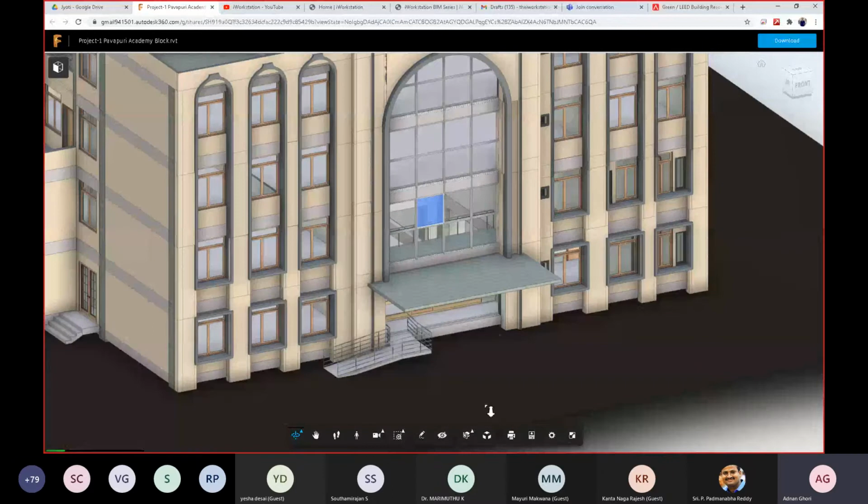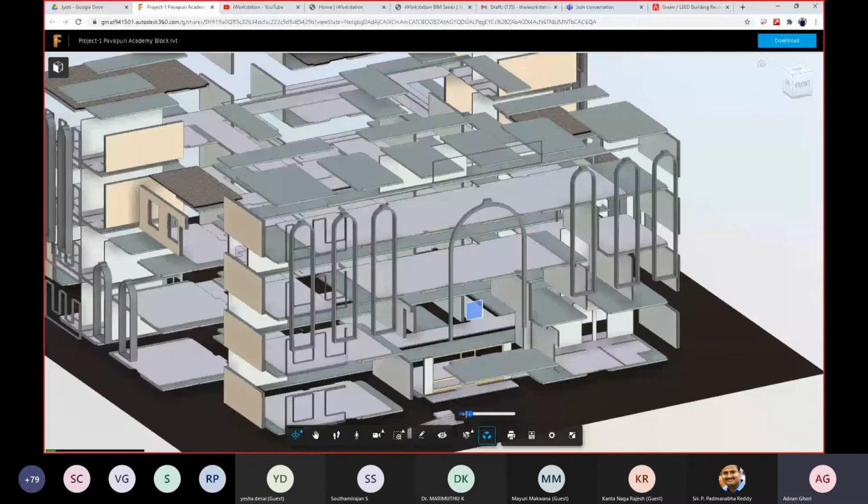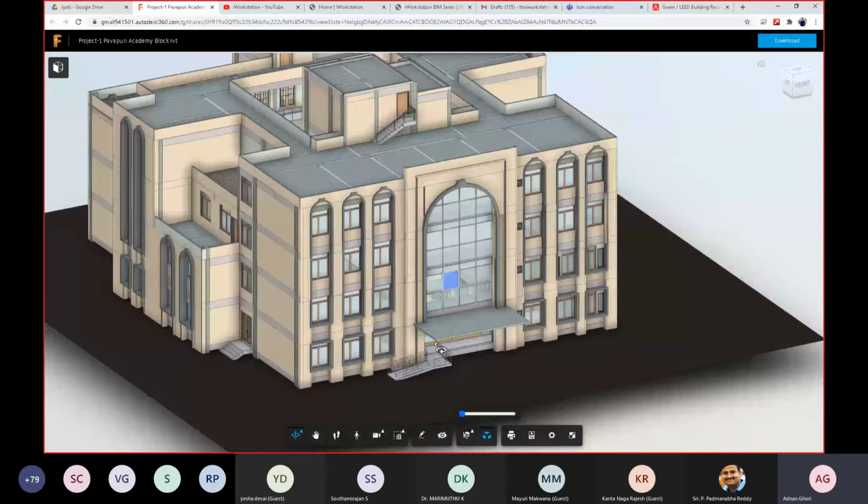You can even explode this model. If you explode it, it will look like some kind of distorted figure.